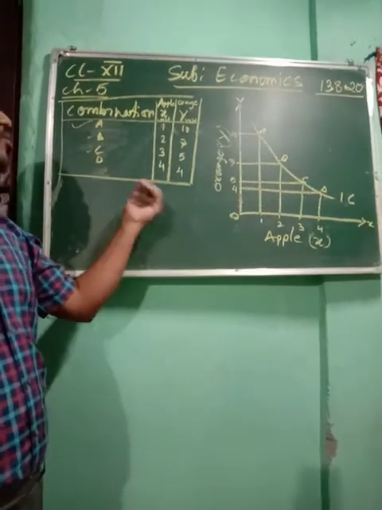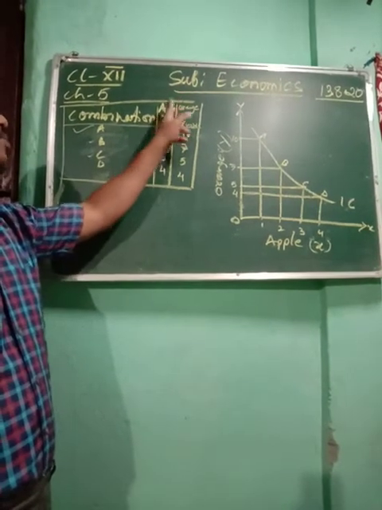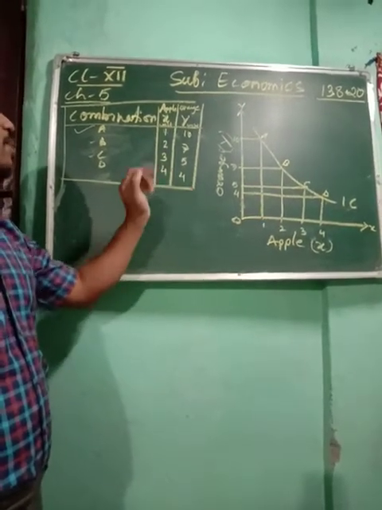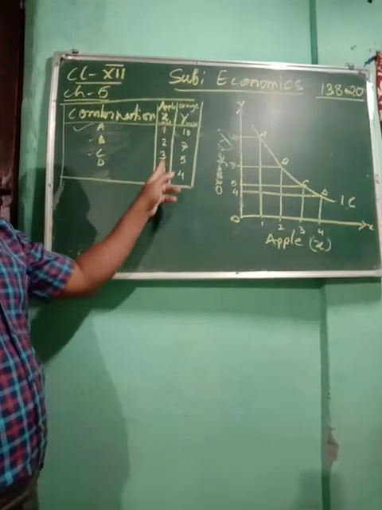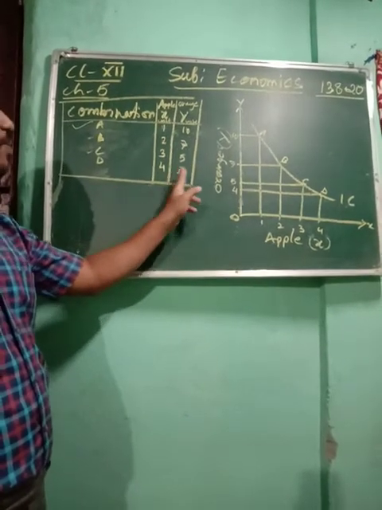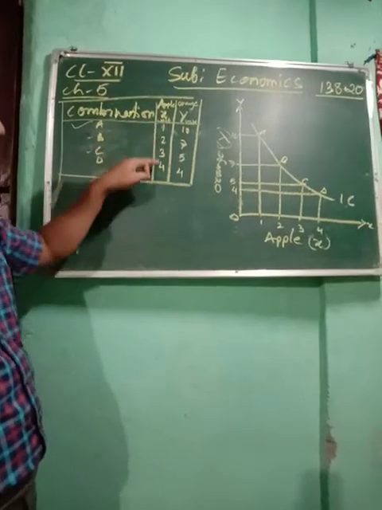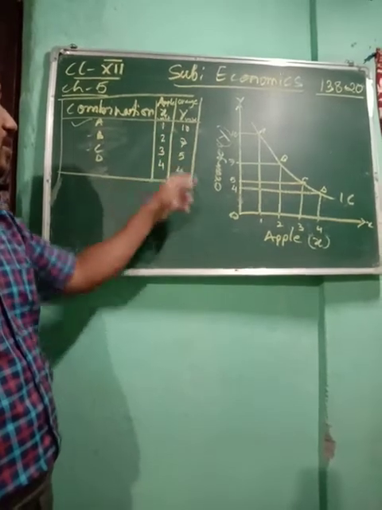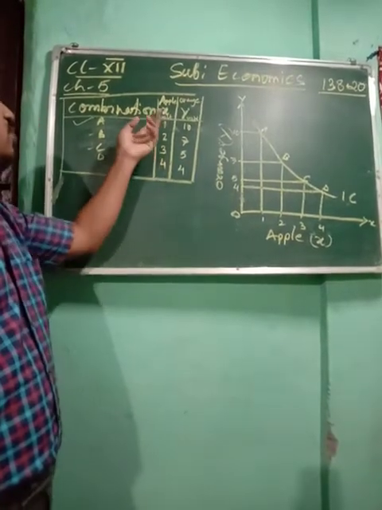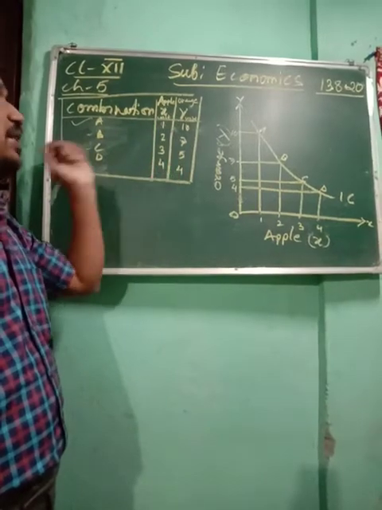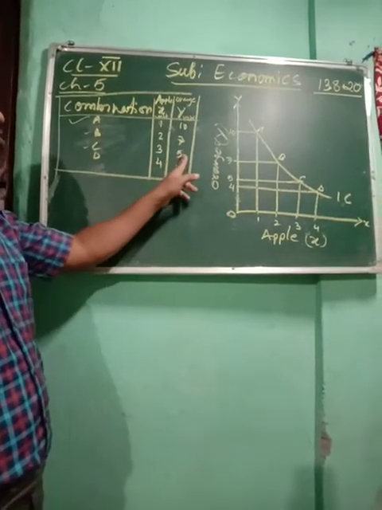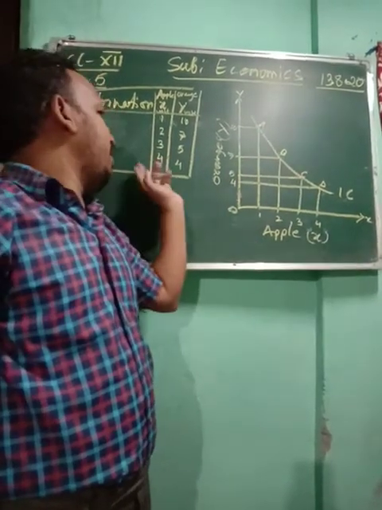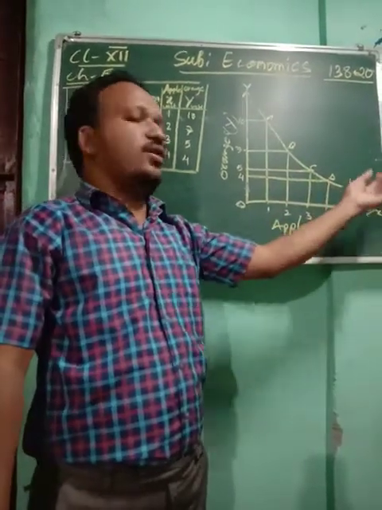Okay, so you can take the example of X and Y, or you can take the example of apple and oranges. The numbers you can put in yourself, but one you give in increasing order, and the other you give in decreasing order, so when one increases, the other decreases. Whatever is in decreasing order you put on the y-axis, and the increasing order you put on the x-axis. By looking at the schedule you will prepare it, and your indifference curve will be completed.